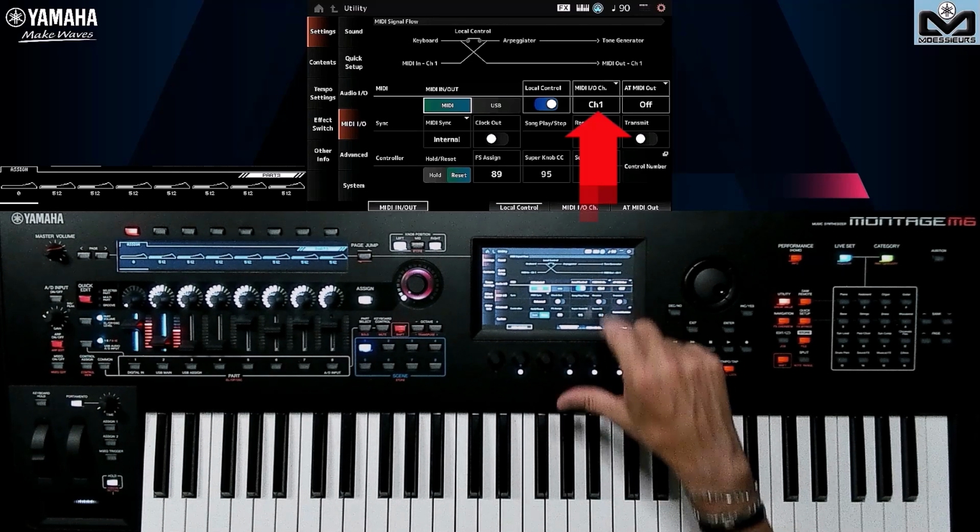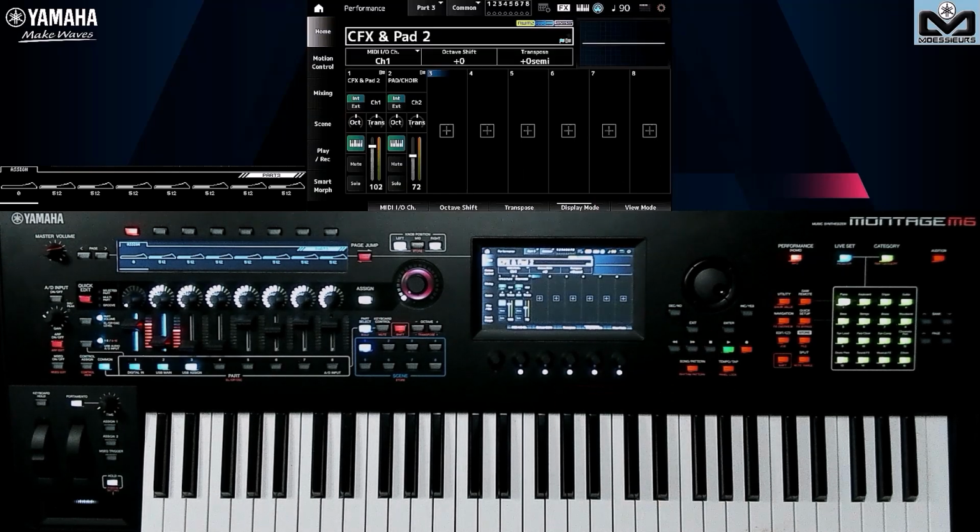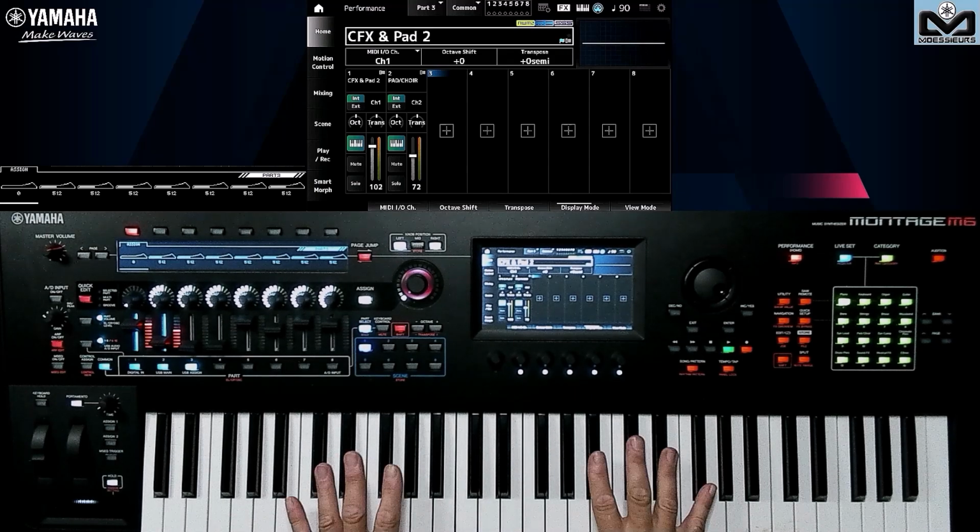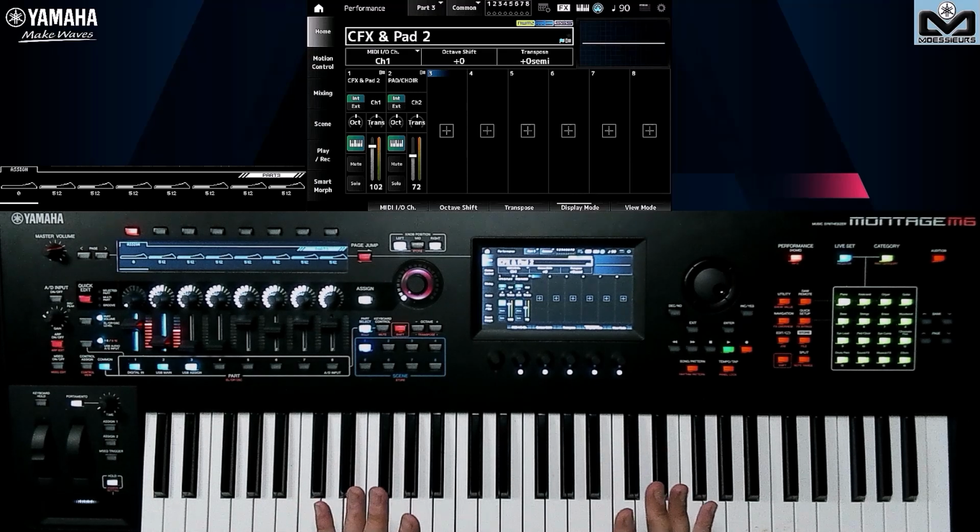Here I've got MIDI channel 1. That means all parts under keyboard control receive and transmit on MIDI channel 1 only. That's the difference with the Montage and MODX. It's a bit like being in hybrid mode all the time. That's what we had for those coming from Montage or MODX.